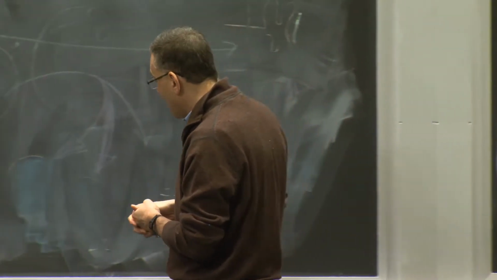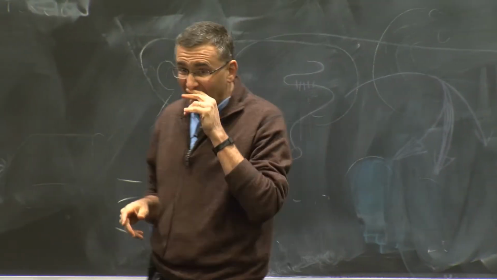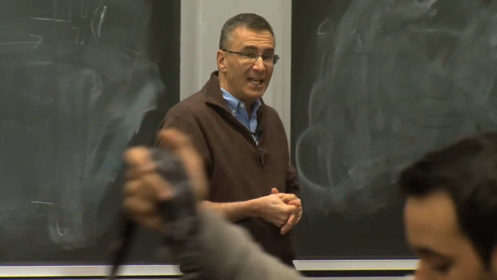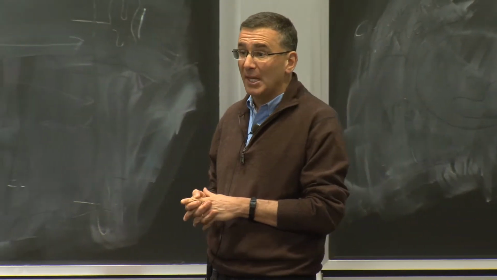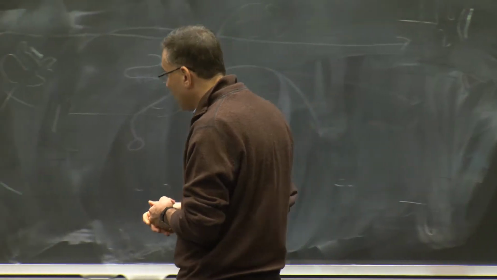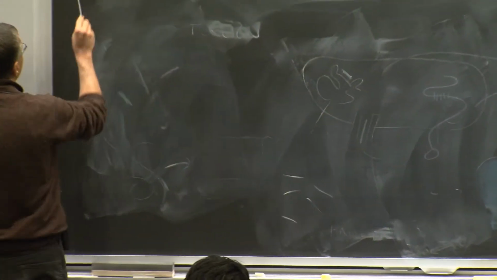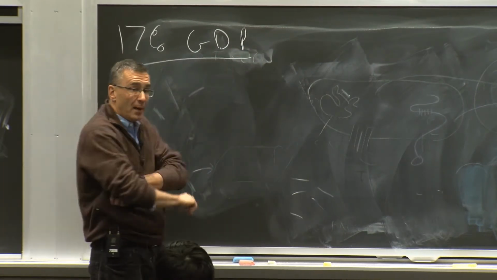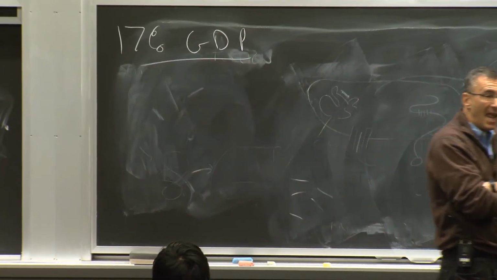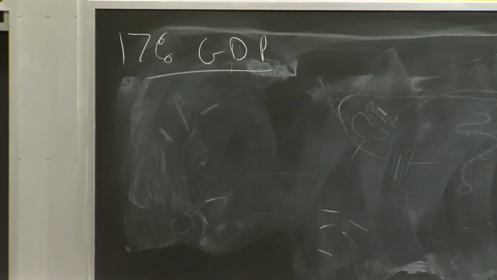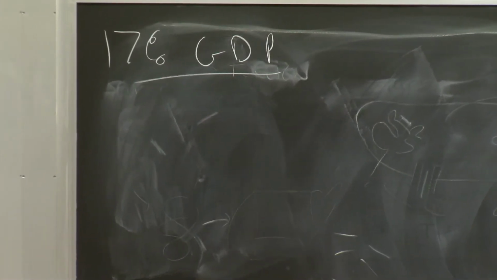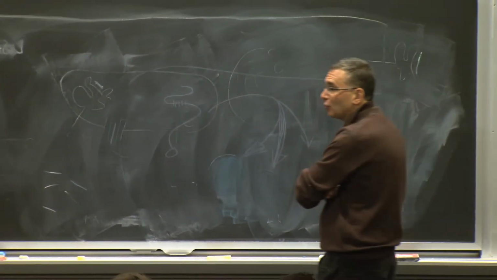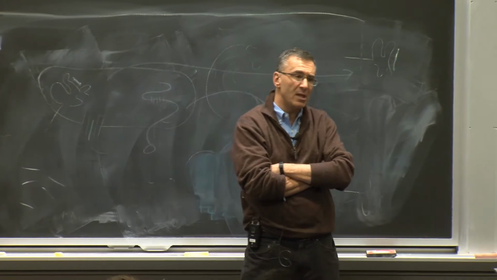So when we think about healthcare in the US, we have to consider two facts. The first fact is that healthcare in the US is incredibly expensive. Currently in the US, we spend about 17% of GDP on healthcare. That is larger than any other single sector, any other single good. It's bigger than cars, it's bigger than houses, it's bigger than clothing. It's the single expenditure that's the largest in our economy.